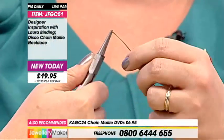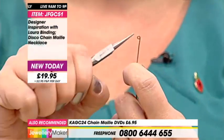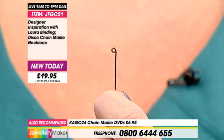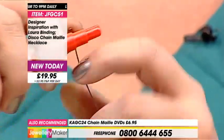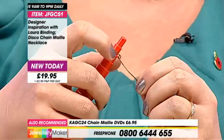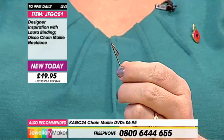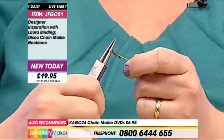You've got the copper coloured turquoise wire in your kit. Just want to make a really, really tiny little loop. Okay, really tiny. You've got the orange mandrel, as I said, I do use this for everything. Just place it and just literally wrap it around. Doesn't matter that my little piece sort of turned in a different direction. Take it off, place your pliers back in, and simply wrap